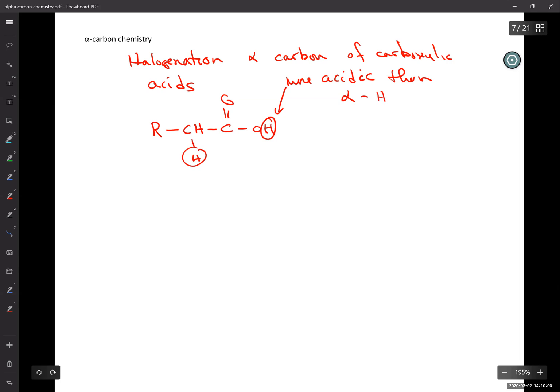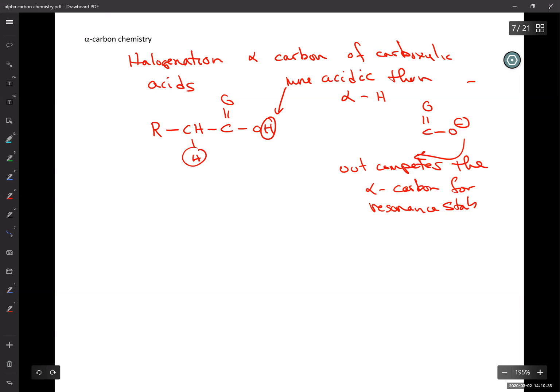So it's more acidic than the alpha hydrogen. Okay. So the result is when you pull that off, the carboxylate, the C double bond O, O minus, this outcompetes the alpha carbon